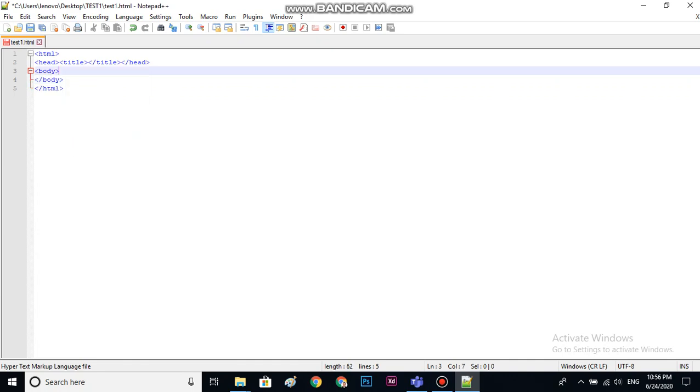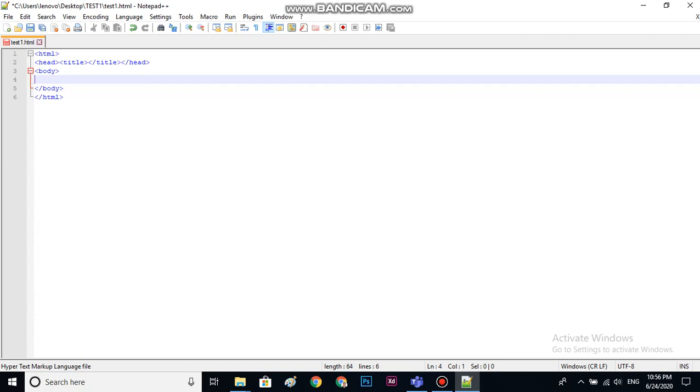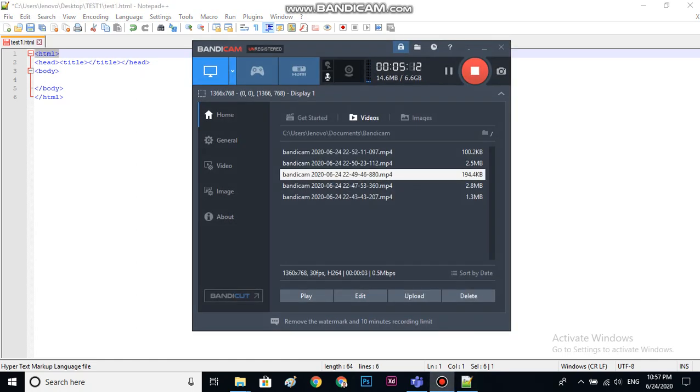Okay, so I just want to tell you something. Concentrate with me. This is HTML, this is the opening tag, and this is the closing tag. Between those tags, we have other tags. These tags also will be the basics of the website, as the head is the head of the website. It means like when you are going to a website, you have something like this icon on your browser, and it's including